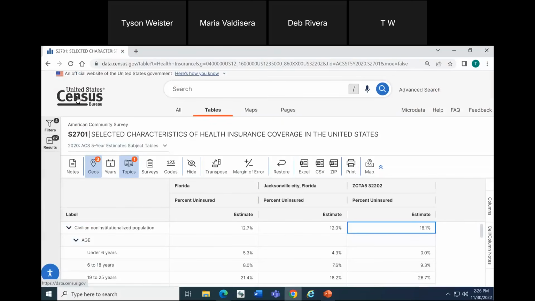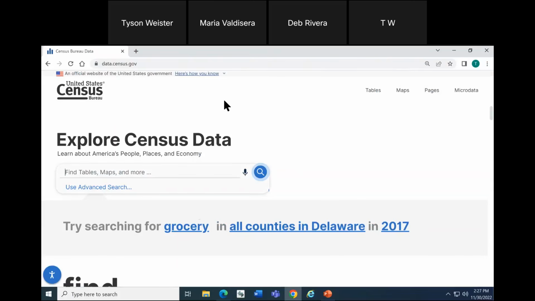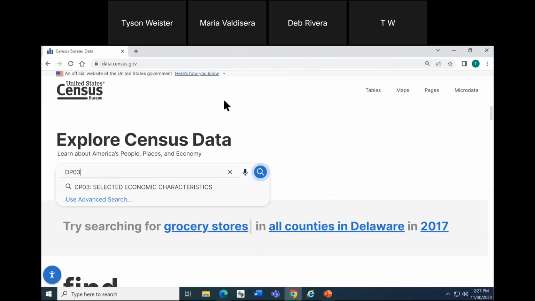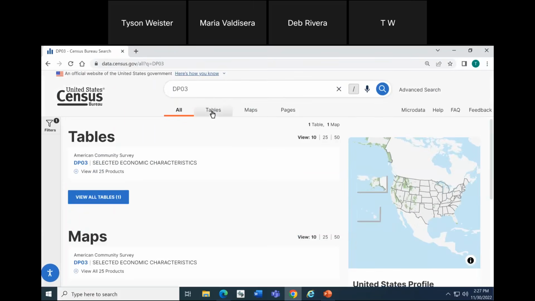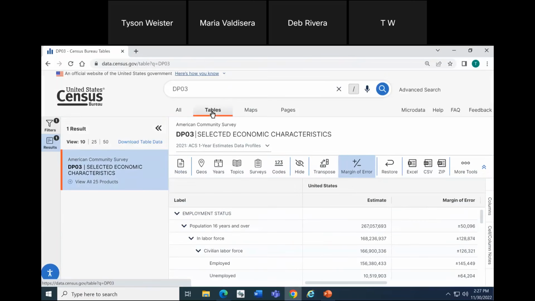Going back to the live site, here I'm going to click the US Census logo in the upper left. And I'm going to click into the single search bar. We pointed out on the table display where the table ID is located. Once you go through the steps to find that table ID, you can jot it down. And when you type that table ID in the single search bar at a later time and press enter, here I've typed in DP03, press enter, and then I'm going to click tables at the top. As you would guess, it takes you to that specific table. So rather than searching through a long list of tables, it's a great shortcut to get back to what you were looking at earlier.